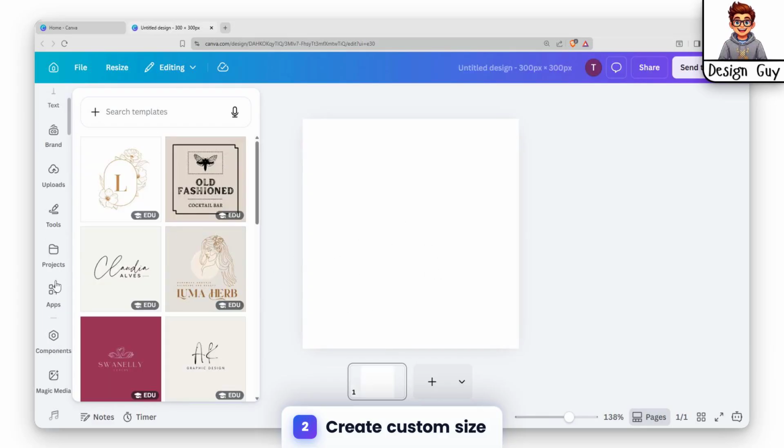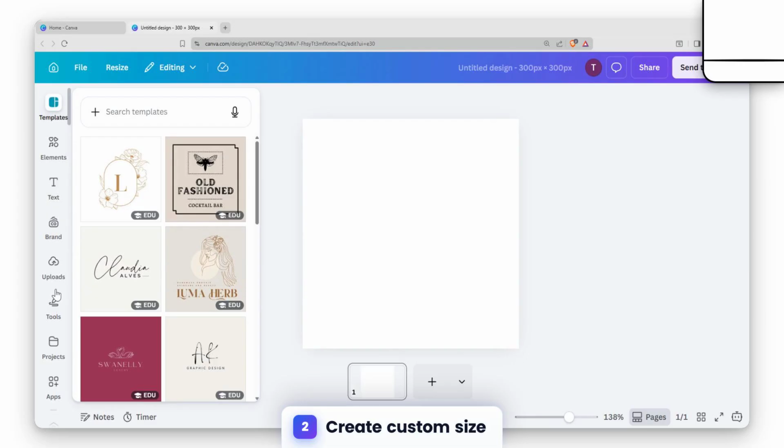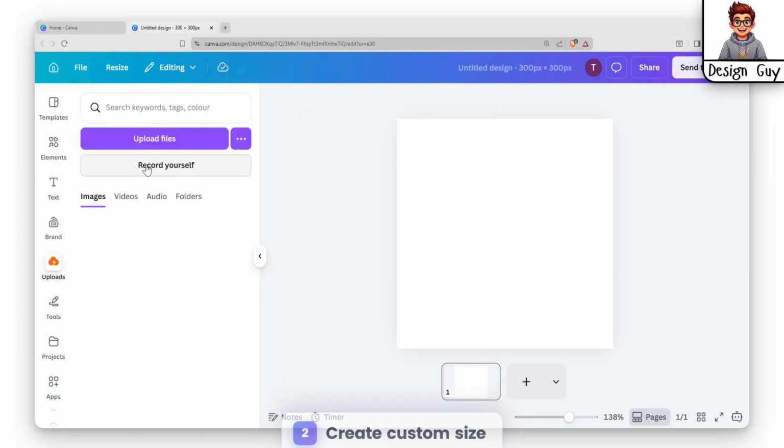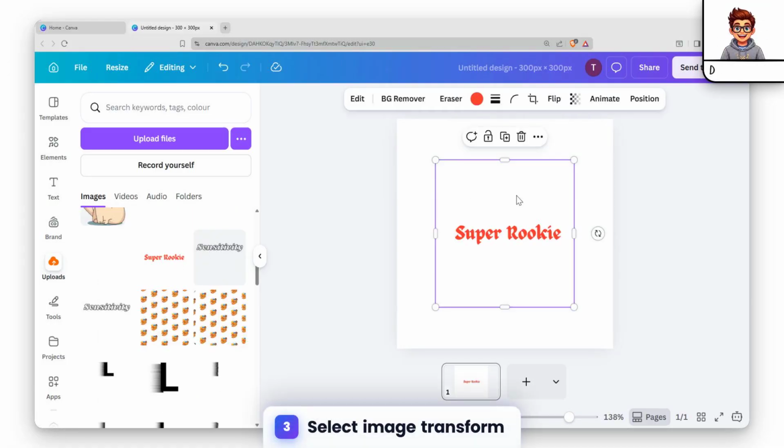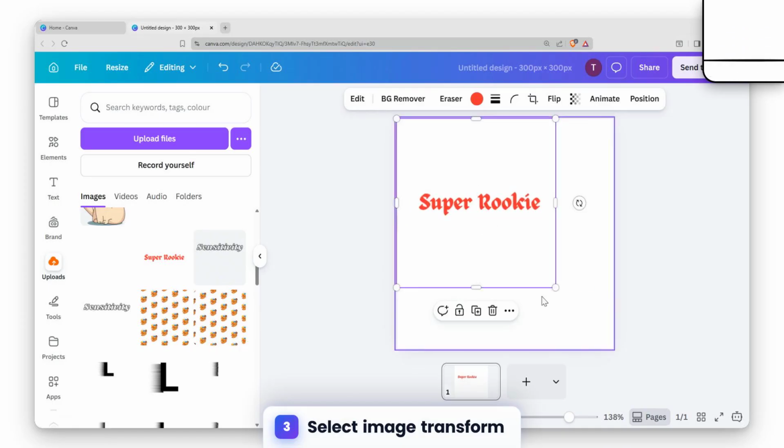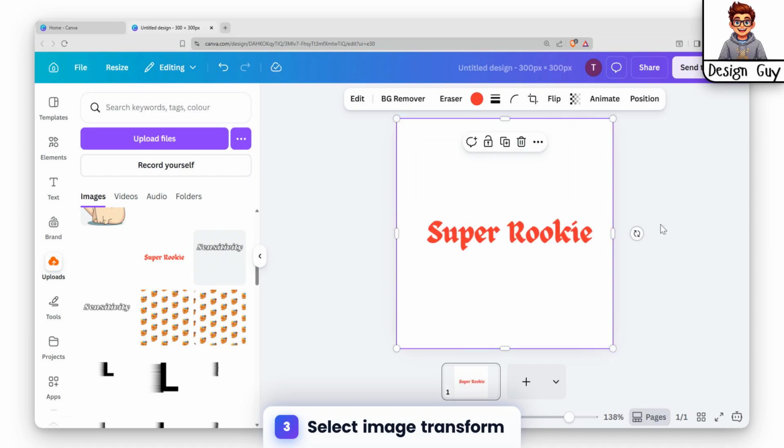Now, locate and click the Upload button. Choose your text file from your computer to add it to the project. In this example, you'll see that we already have a text image displayed here on the screen. This will serve as the starting point for our demonstration, allowing us to move forward and apply the next set